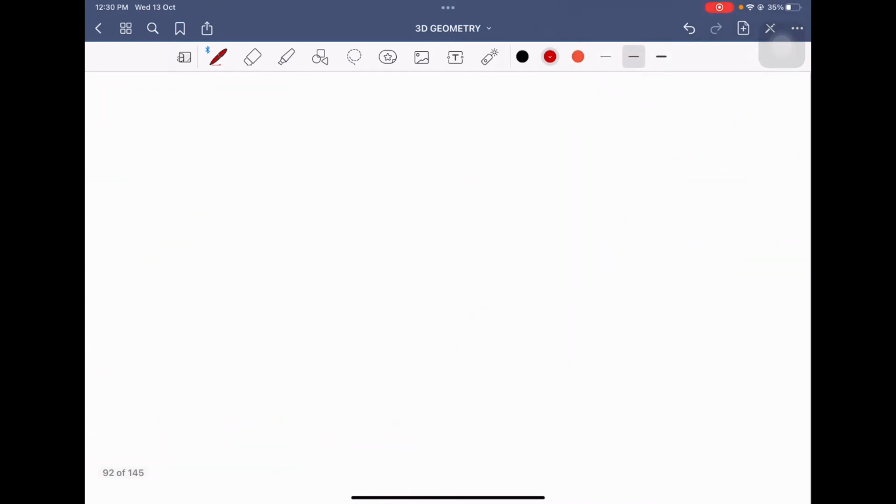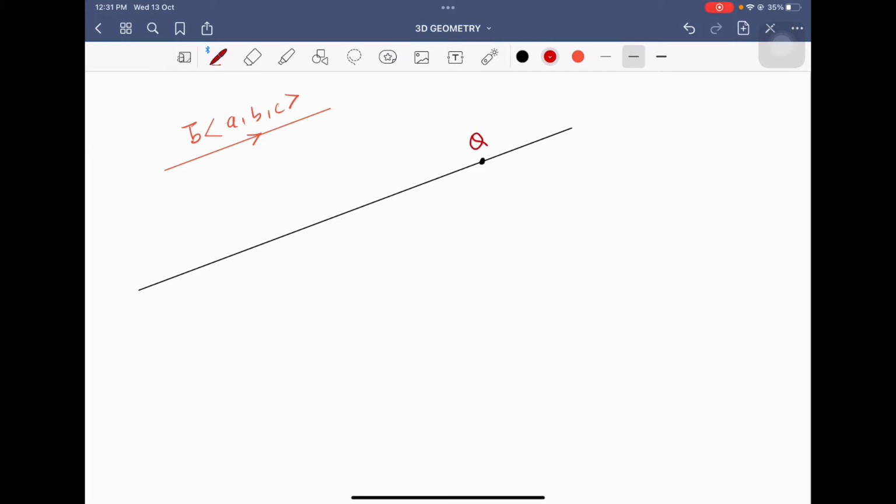So suppose now a parallel vector is already given to us. Let's say this parallel vector be vector b, where the directional ratios, because we do not bother about the magnitude, we can simply say that directional ratios for this parallel vector are given in terms of a, b and c. Okay, and we'll be talking about this line, and we'll have one position vector on this line. Let's say the position vector is given by point Q, okay, and the coordinates are x1, y1 and z1.